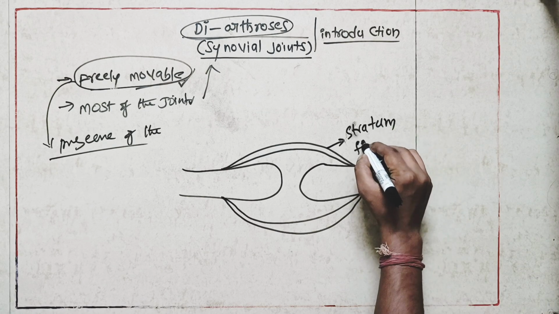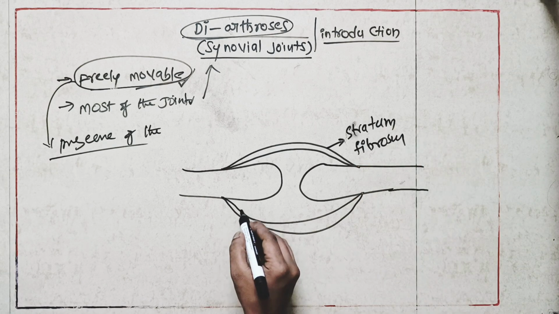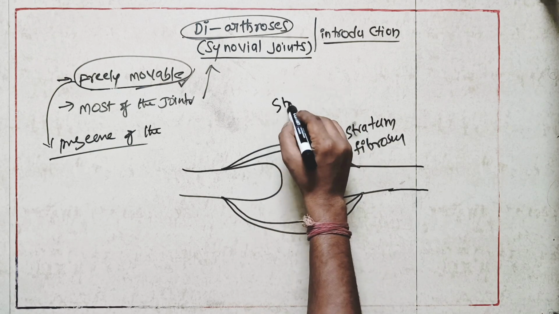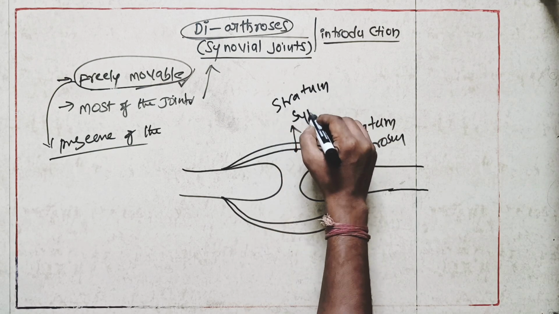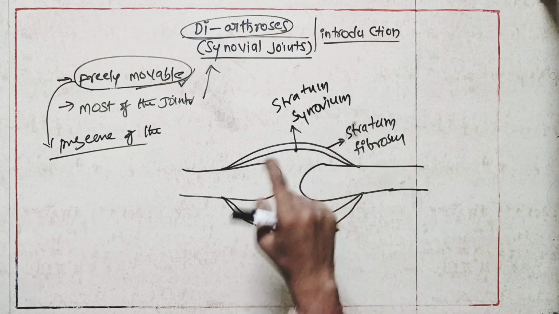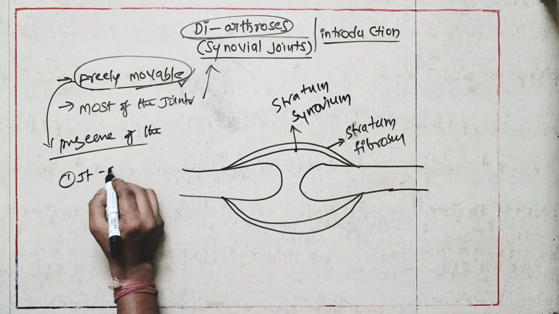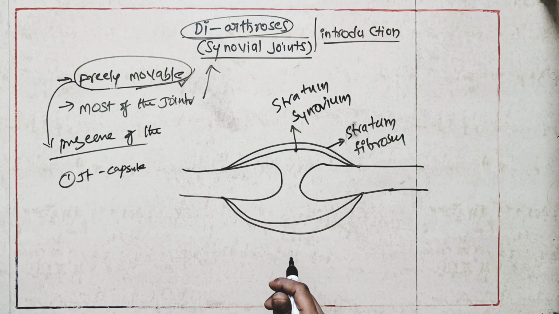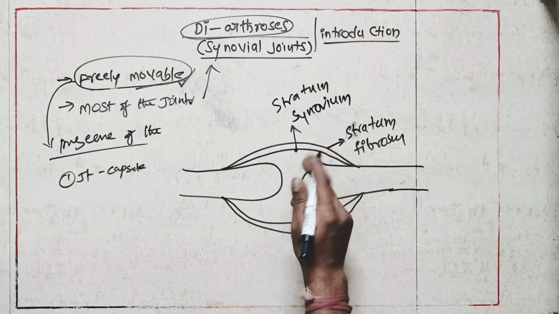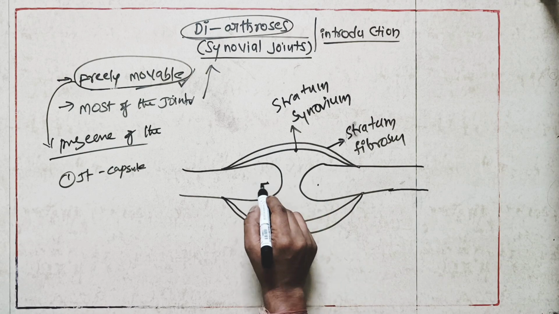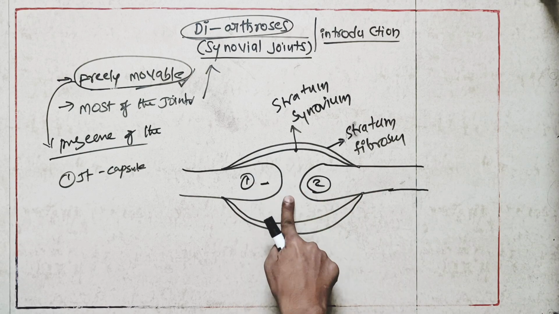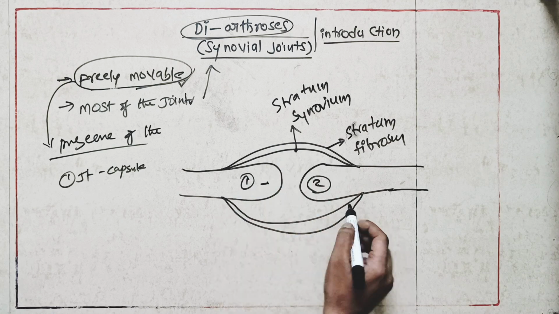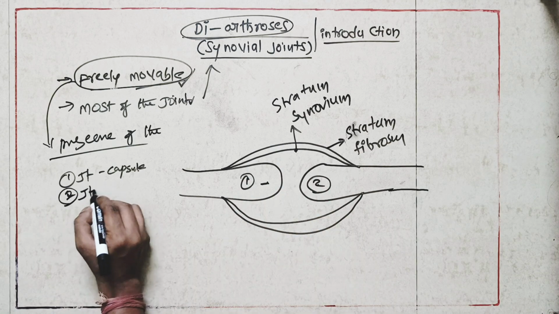And the inner layer of the joint capsule we can call the stratum synovium. So the joint capsule is the first point. The joint capsule is there in the synovial joint. And the second point, joint cavity. Between these two bones we have some space. How did we get that space? Because of this joint capsule. So the second point, here we will have the joint cavity